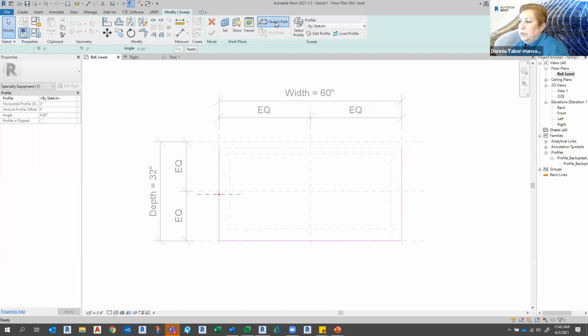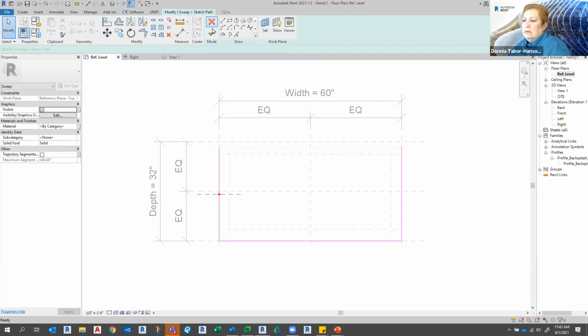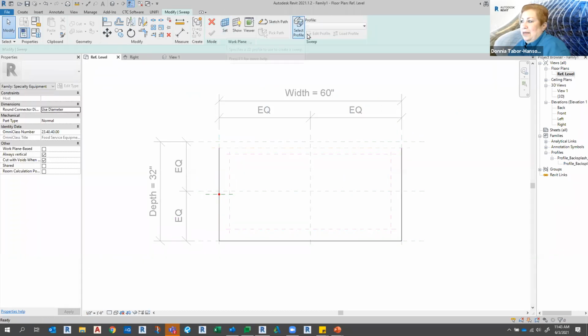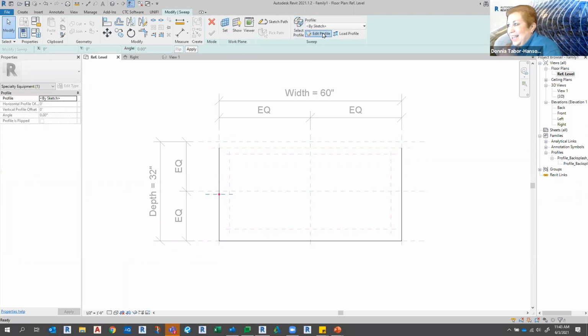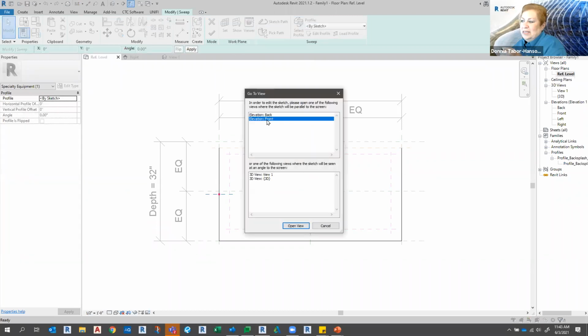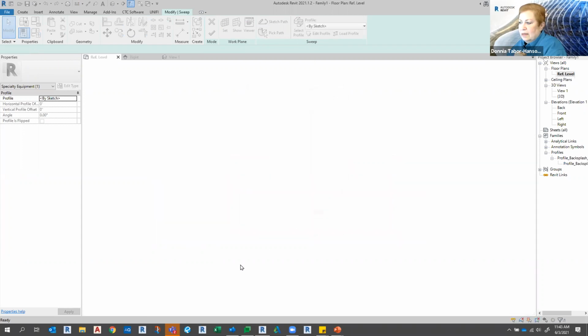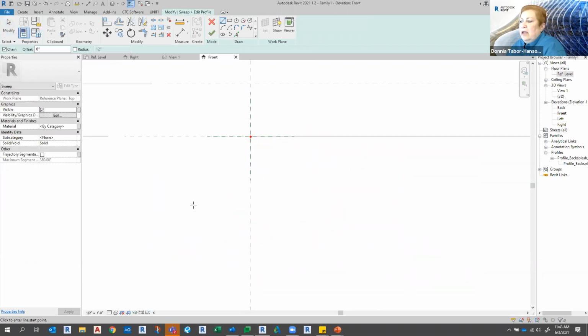Now I want to go to sketch path, wait a minute, not sketch path. I want to do profile, edit profile, and it's going to want to take me into a view perpendicular to the first line that I drew. Now if I want to draw something that's going to be around the edge of this table,